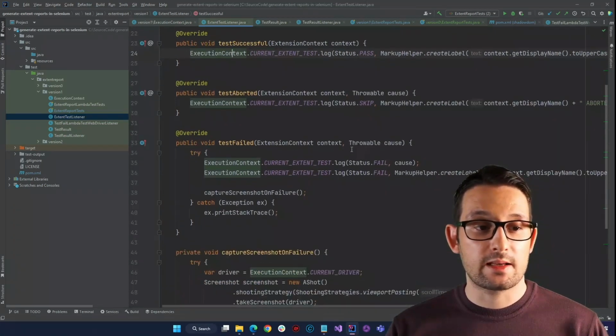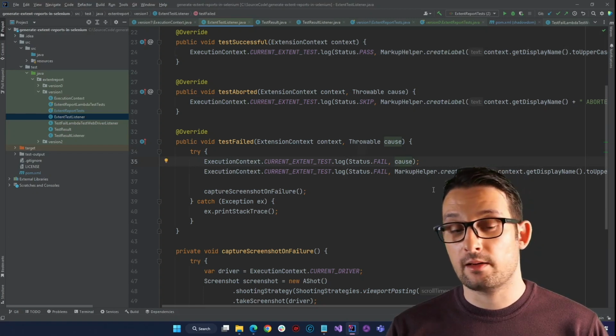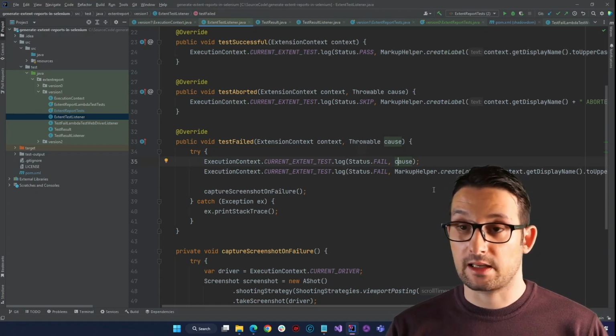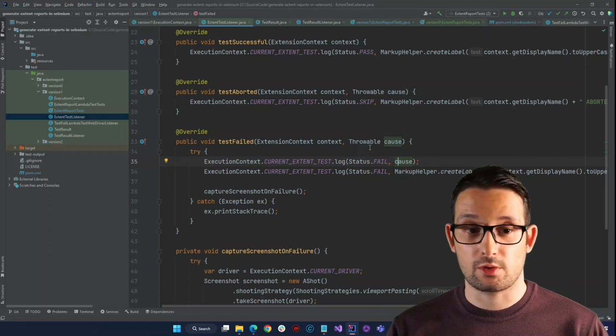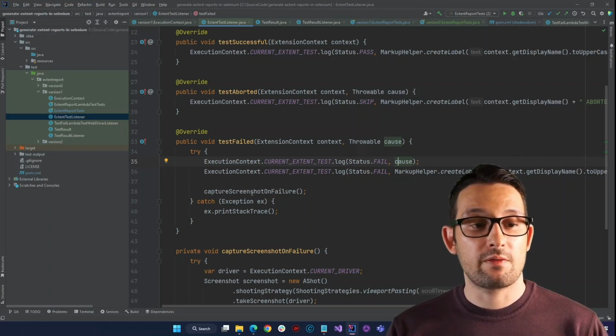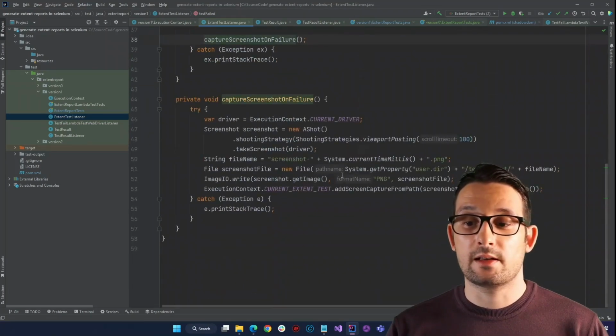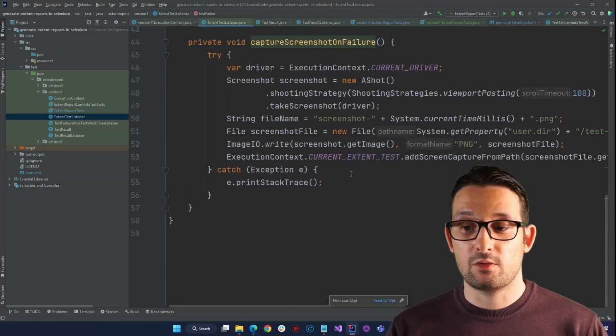Additionally, when the test failed, as you can see here, we created the label. Also, we added the stack trace, the cause, the throwable. The throwable is the actual exception, how our test failed. And we have an additional method called captureScreenshotOnFailure. The thing that we do here, if we zoom in,